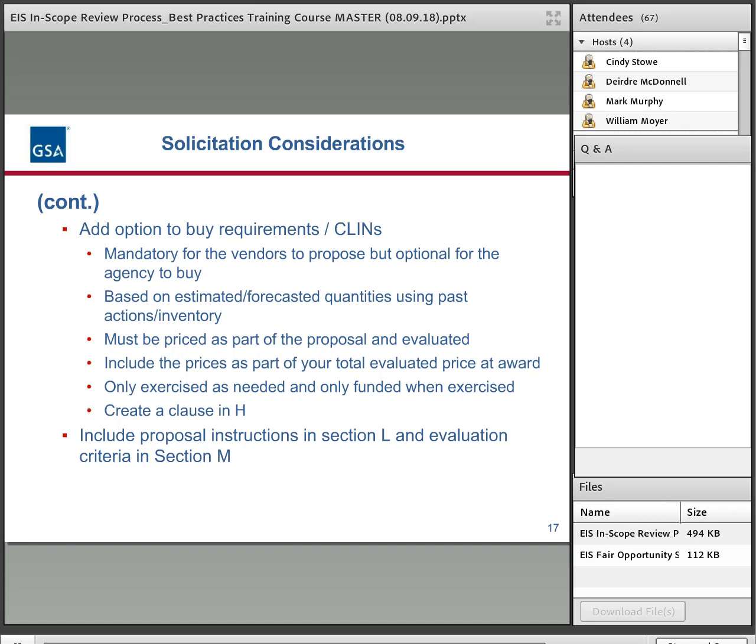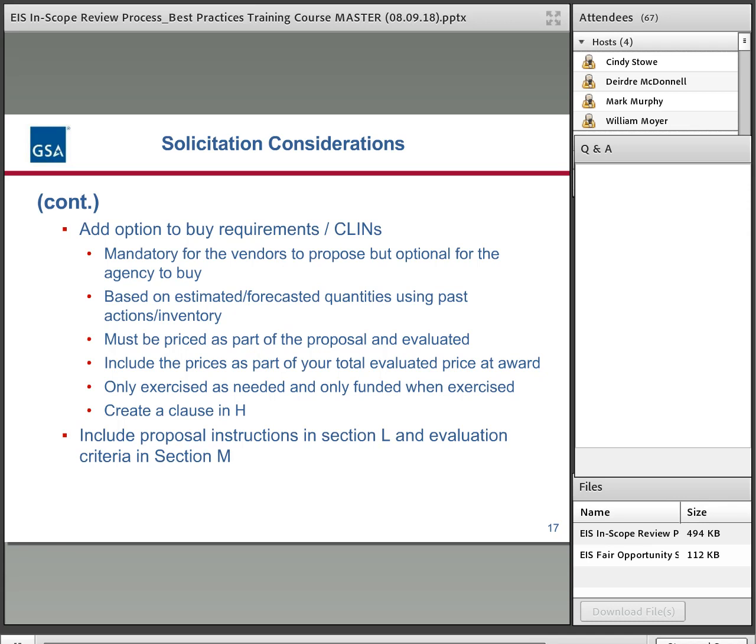There is an option to increase quantities of supplies, so 52.217-6 and 52.218-7. You could take some language out of those clauses, but again, you'd have to create your homegrown clause and not refer to any of the FAR clauses when you're doing this. Some sample language, you can include a statement that says something like: the option provision allows the optional to buy claims to be exercised more than once as needed, in whole or in part, during the life. The government reserves the right to order anywhere from the minimum to maximum quantity of the option.